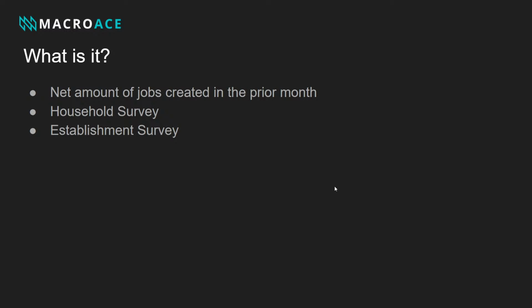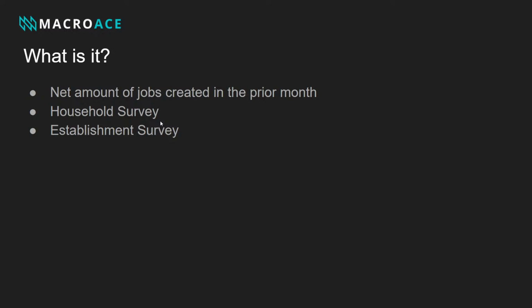So that's the simplest way to understand what the non-farm payrolls release is and what makes up the report. For the household survey, about 60% of people respond. However, the issue as to why the unemployment rate isn't the more important release is that the establishment survey is more reliable, as these businesses have figures as to how many people they have on their payrolls, who they've let go,